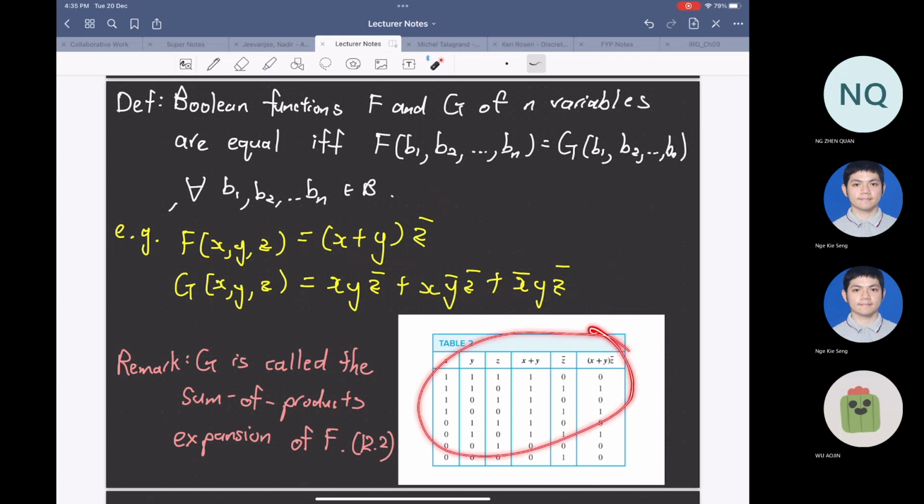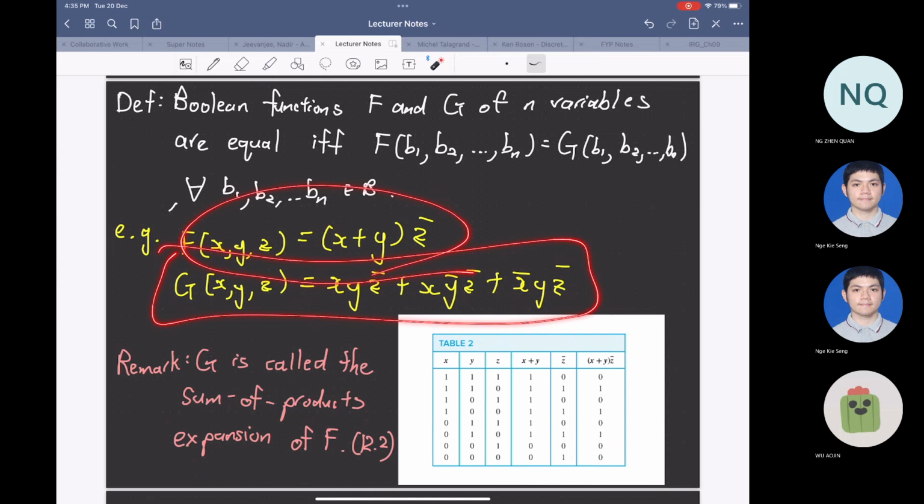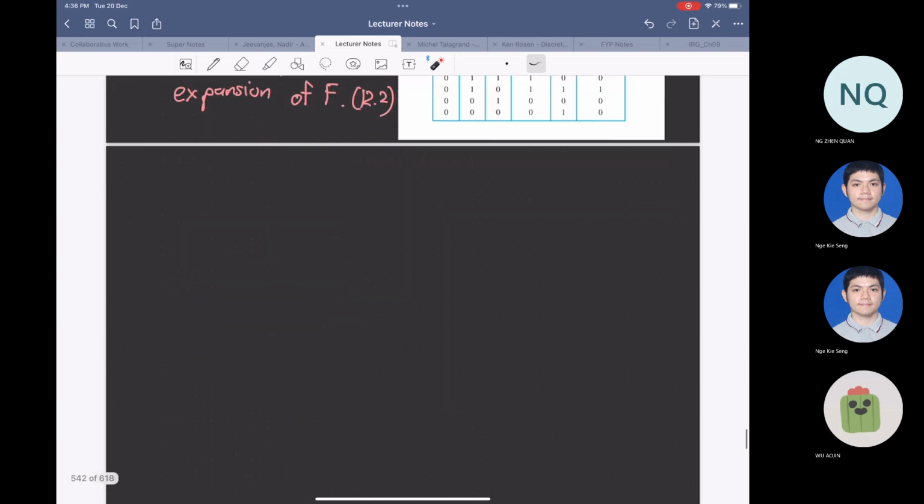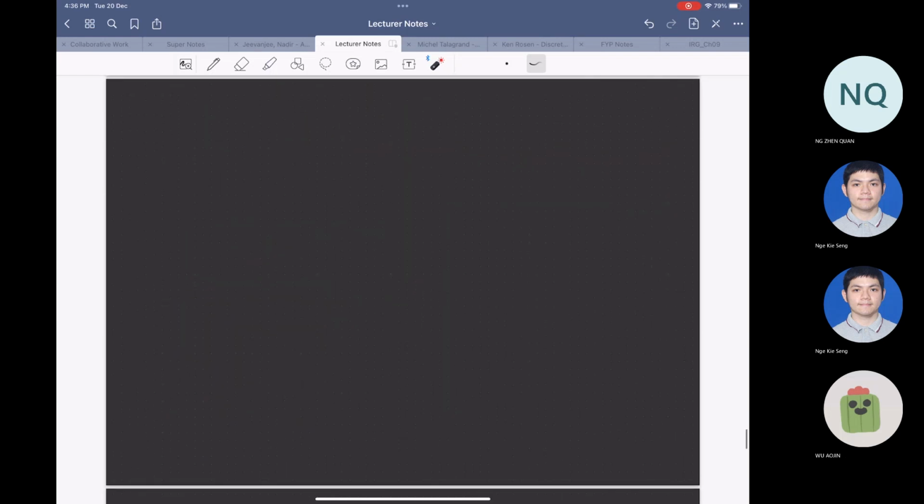This is not immediate if you haven't tried to compute the output here. You need to compute the output of G and then compare with F. But later we will develop this technique more, and you will see it maybe easier later. But for now, you should work out the output of G as well to help yourself. Next,